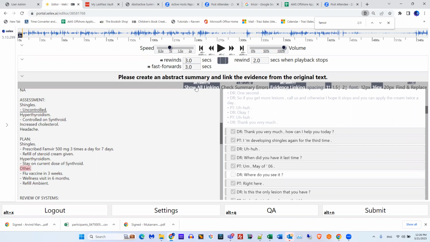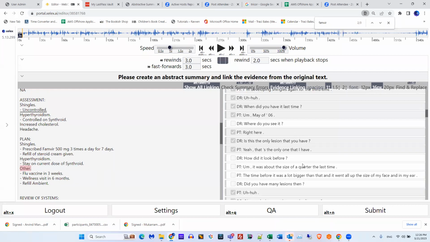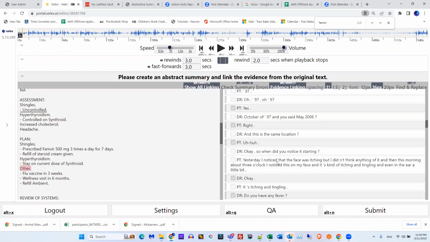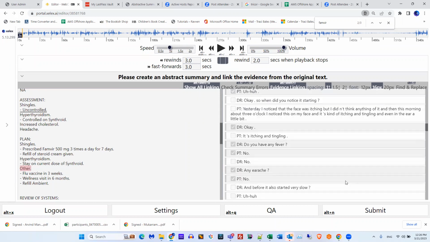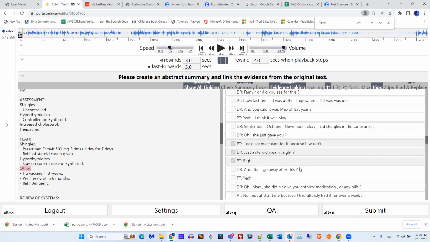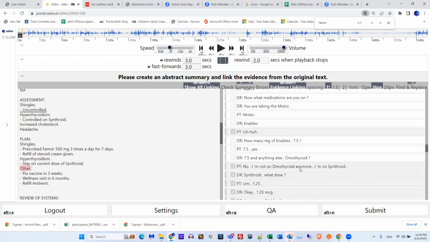But once you turn show linking on, or show all linking, you'll be able to quickly scroll through all of your links and make sure that you have not missed any medical information. So at the end, the only thing that should not be linked is basically small talk. And any medical information you would want to make sure that you add.